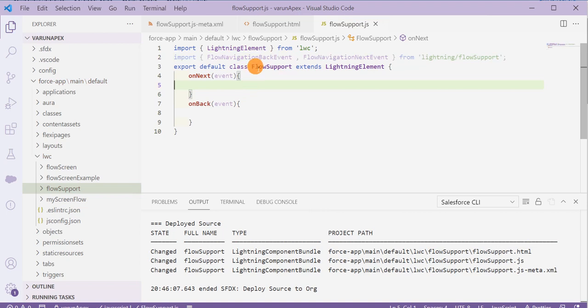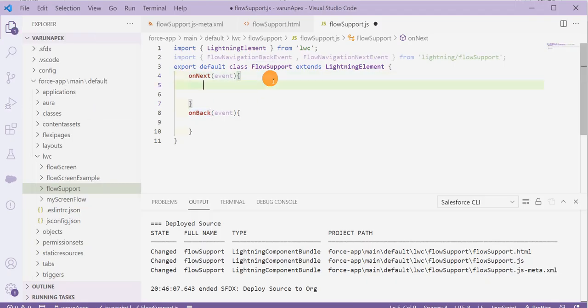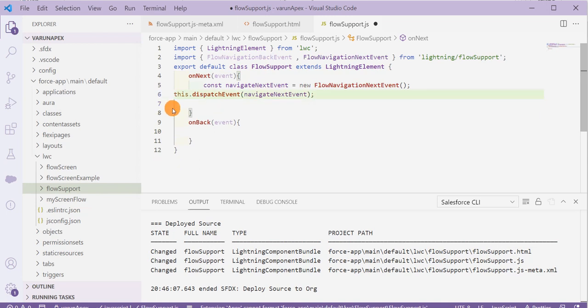Now I'm going to dispatch the FlowNavigationNextEvent in onNext and dispatch the FlowNavigationBackEvent in onBack. To navigate to the next screen, I'm going to use this code to dispatch the event on the click of the next button.